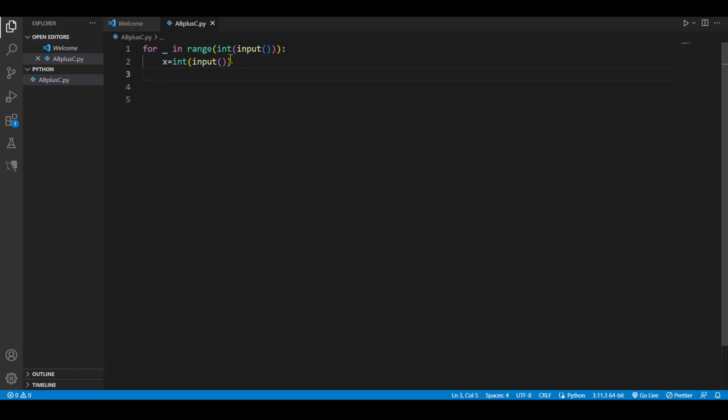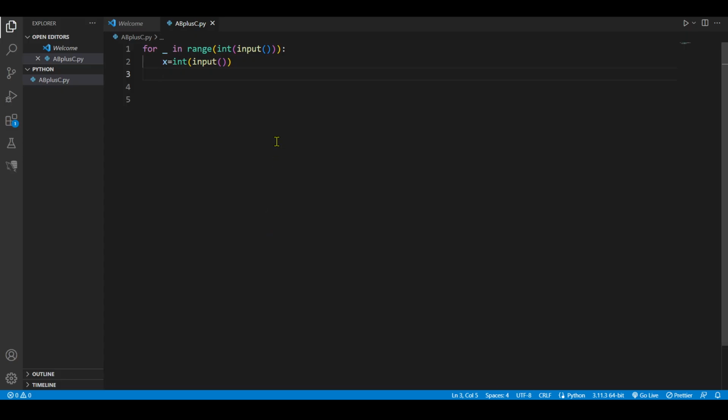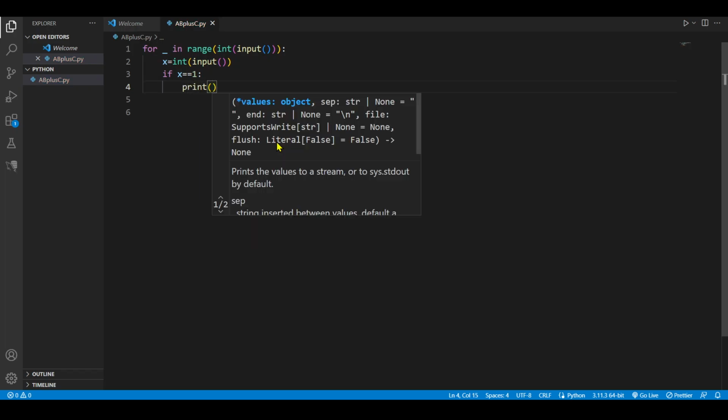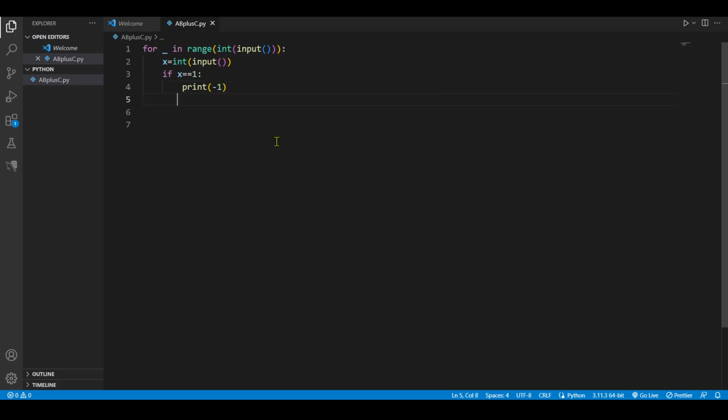And as discussed earlier, I'm going to solve this problem in four cases. In the first case, I am assuming that the value of x is 1. So if x is equals 1, I will print -1, because a solution does not exist for x equals to 1. And if it is not the case, means if